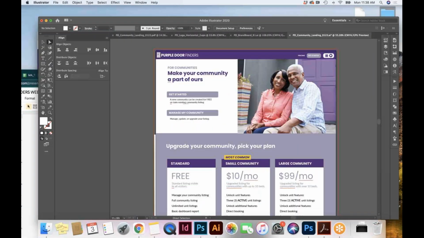The upgrade and get started, right? Well, yeah. So when you have a community, we don't need get started anymore, and this can be upgrade.